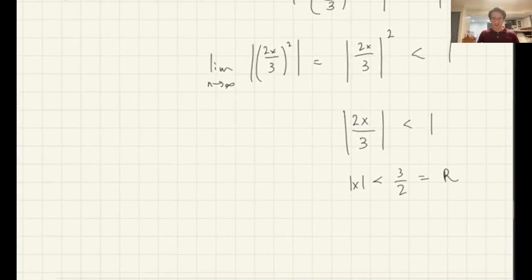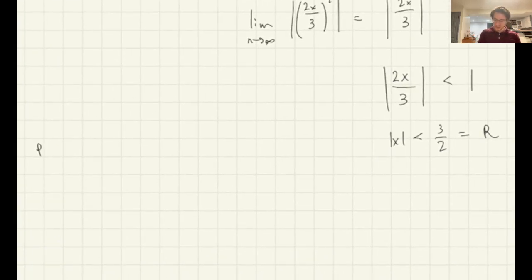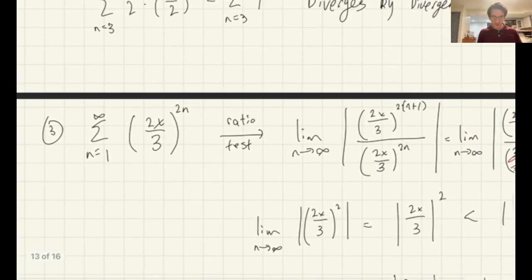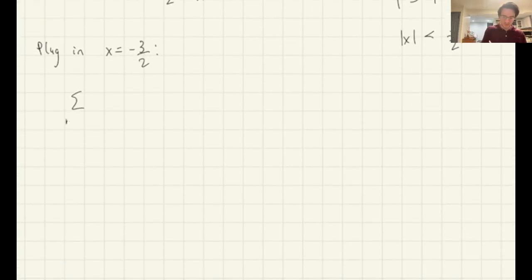That's r. And so now I just need to check what happens. By the way, our interval of convergence then looks like 0 minus 3 halves gives me minus 3 halves to 0 plus 3 halves. And now I just need to figure out, do I use parentheses, brackets, what's going on at the endpoints? So I'm going to plug in x equals negative 3 halves and check there. When I plug that in up here, I get the sum n equals 1 to infinity of 2 times negative 3 halves over 3 to the n,